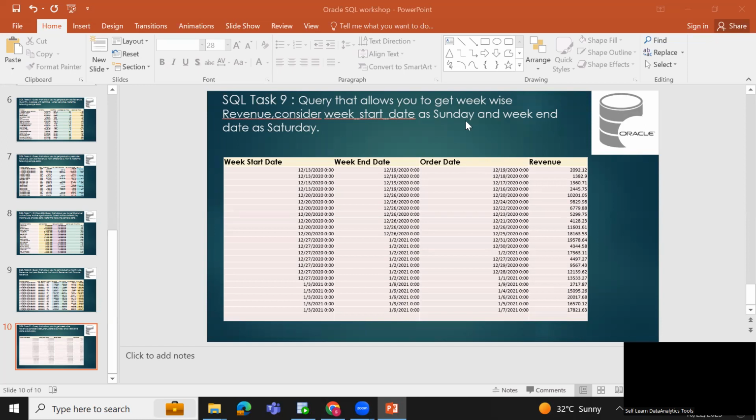Hi everyone. Today let us see a new SQL task. Here I need to get the revenue by week start date, week end date and order date wise. A query that allows you to get week wise revenue, considering the week start date as Sunday and the week end date as